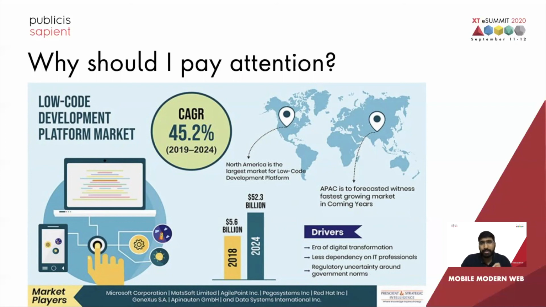It's not just this report which is saying this. According to the Wall Street Journal, low-code platforms will grow 70% by the year 2025, whereas Gartner predicts that low-code platforms will be responsible for 65% of the development activities by 2024. Low-code platforms are not just about faster delivery and deployment. It also ensures the quality and the performance is up to the industry standards.